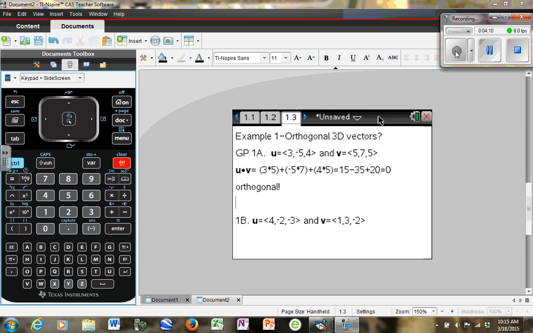So you can see my math there. Did I do this right? Well, I did get 0, and so these are orthogonal. If you want to try to picture them in 3 dimensions with your straws, you can see that it would